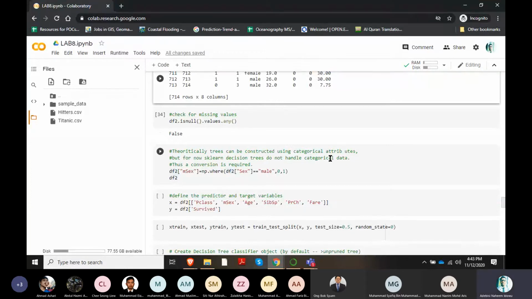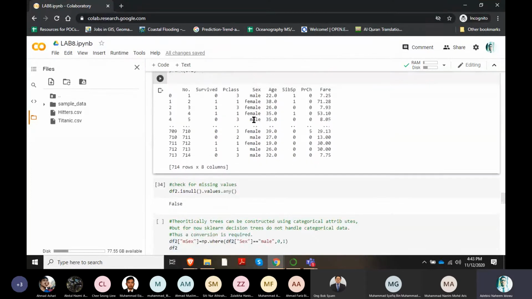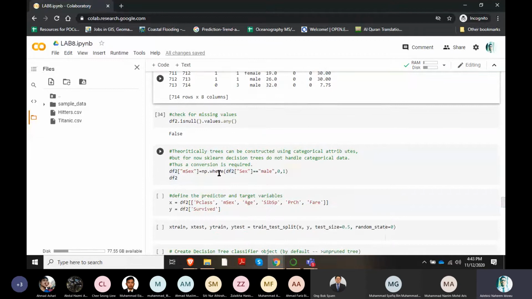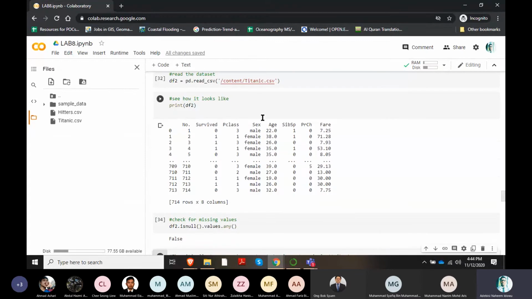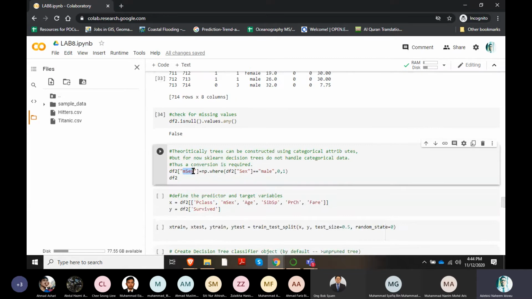So this is to undo the categorical data of our sex attribute. What we did was basically create another column. We call it df2 msex, because when you call a data frame with a name that is not part of the existing columns, it is going to add that new name into your data frame. So we have df2 msex equals to